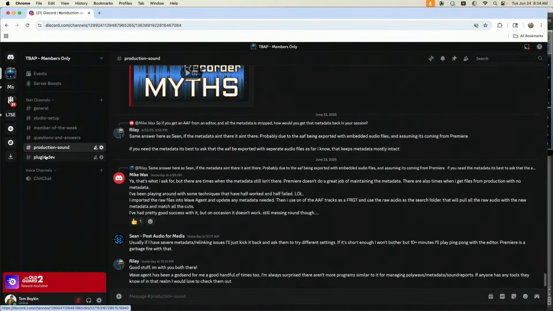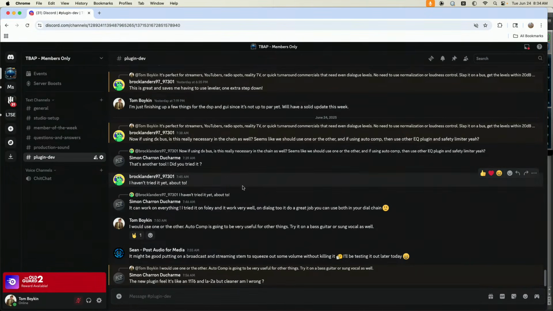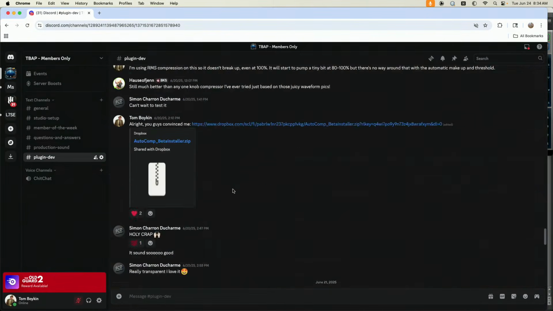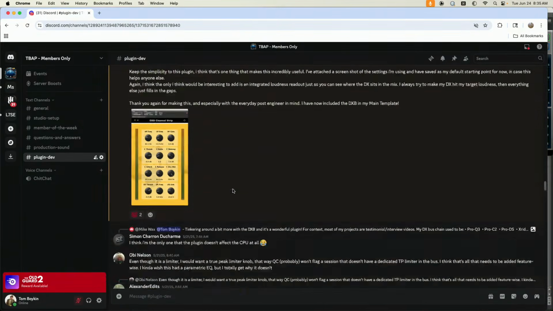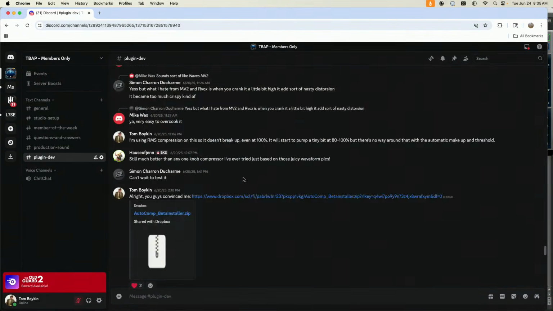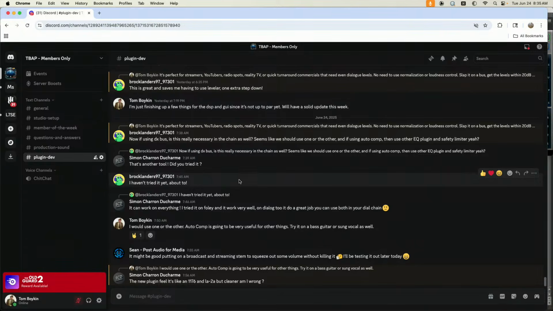And then this is where the new stuff is happening with the plugin development. So I'm sharing some test installers for Mac. I will later this week, hopefully, share a PC installer for a new plugin, and that's actually a pretty good